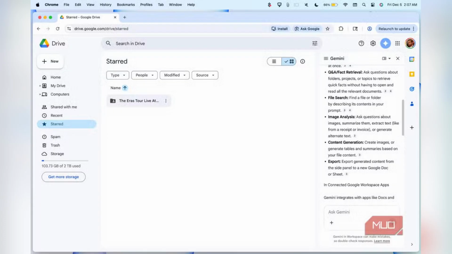First, you need to enable the Google Workspace extension to give the AI permission to access your cloud. Head over to gemini.google.com and click on the Settings gear icon in the bottom left corner. Select Extensions from the menu, find the Google Workspace toggle, and make sure it is turned on. It should be blue. This is the master key that allows Gemini to securely read your documents, spreadsheets, and PDFs